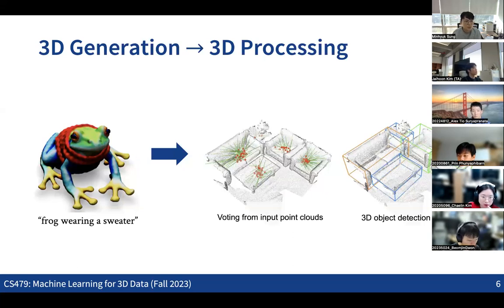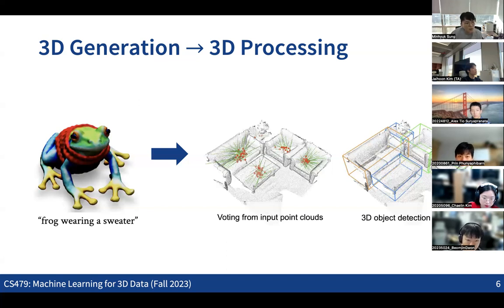And today we are going to switch gears and discuss more topics about 3D processing. We are going to discuss some of these topics over the next couple of weeks. We previously discussed PointNet and all the variants of PointNet, which are networks that can solve classification and segmentation problems. And today we are going to discuss ideas about 3D object detection